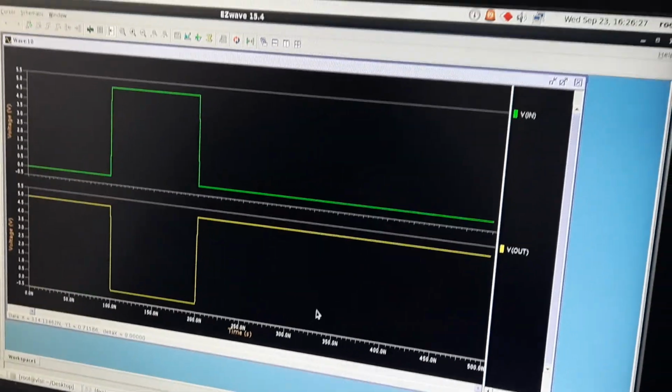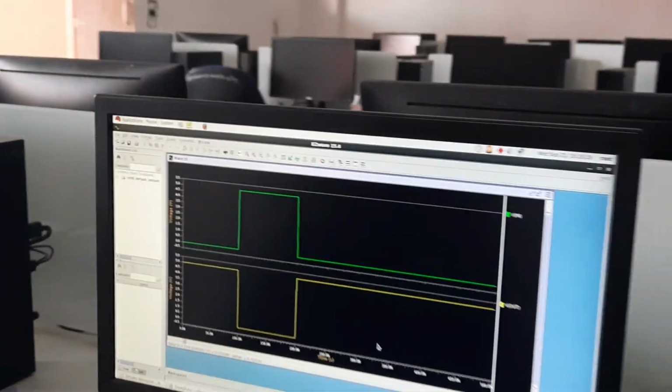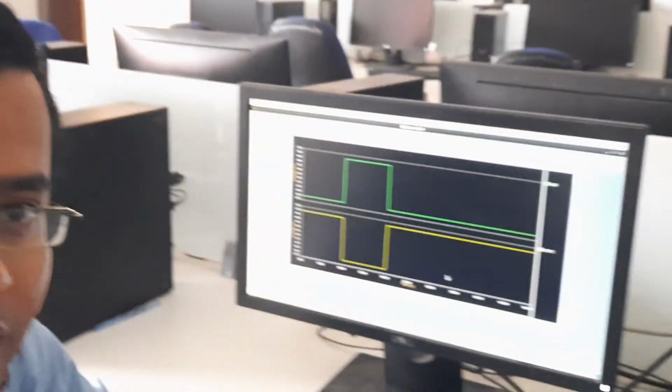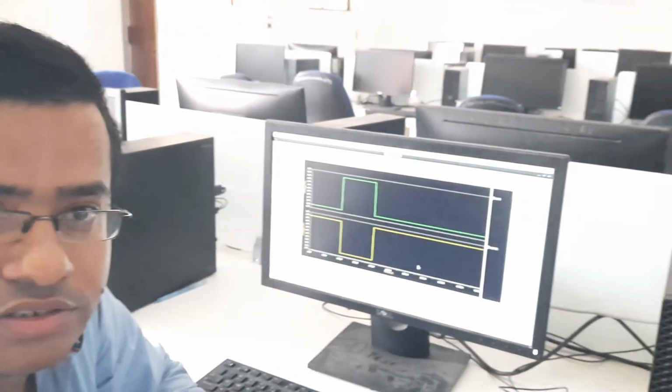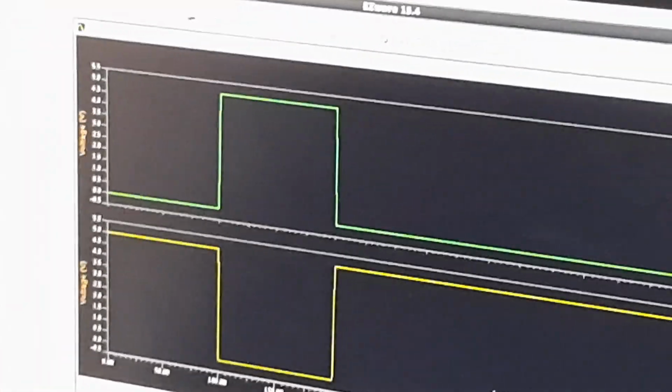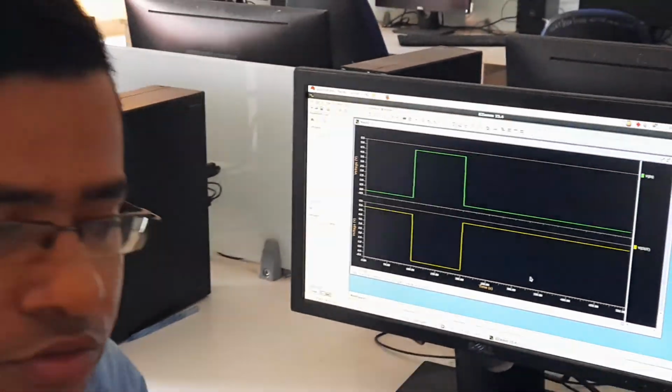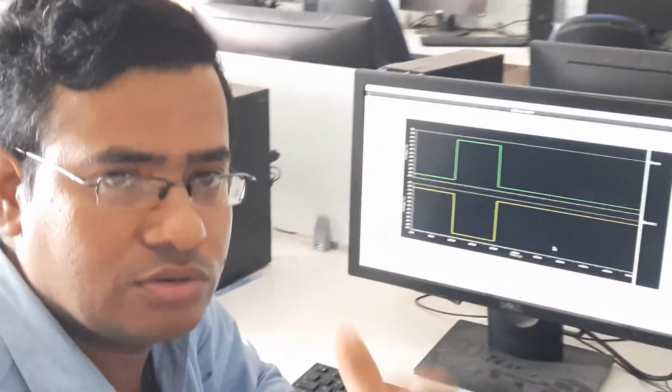Now today I am going to discuss one more analysis, that is the DC analysis. The DC analysis is also a simulation. In this simulation you plot output versus input. If your input is changed, what is your output?